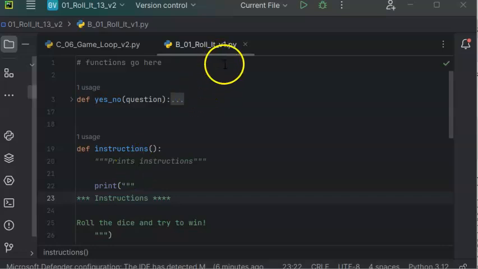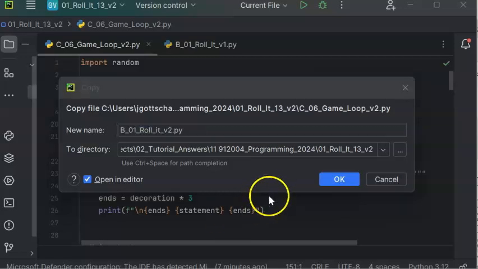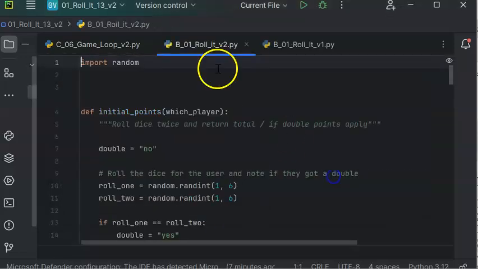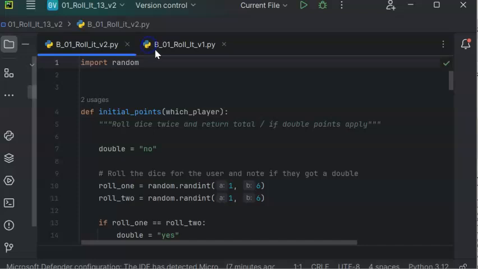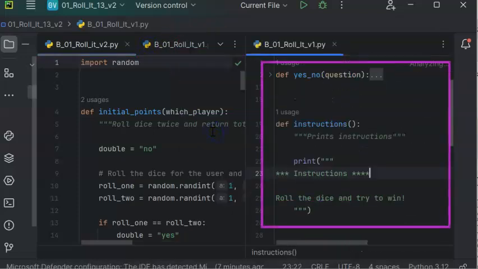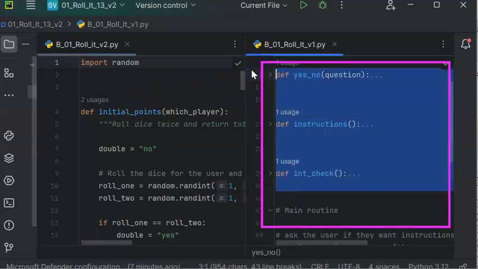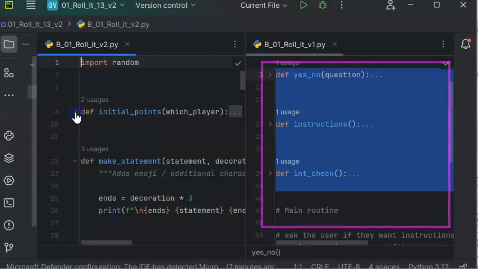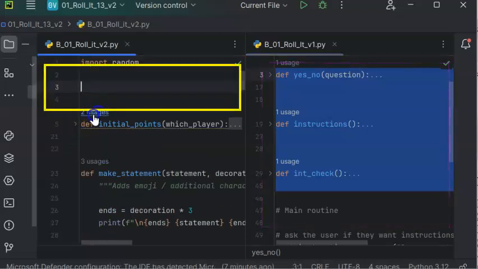Please open your game loop and base version 1 file. Next, save your game loop file as base version 2. Please close any files that you don't need and split your base version 1 to the right-hand side. In base version 1, please copy the yes/no instructions in integer checker function and paste them at the top of